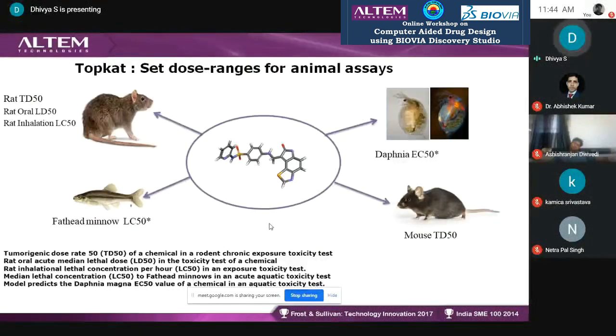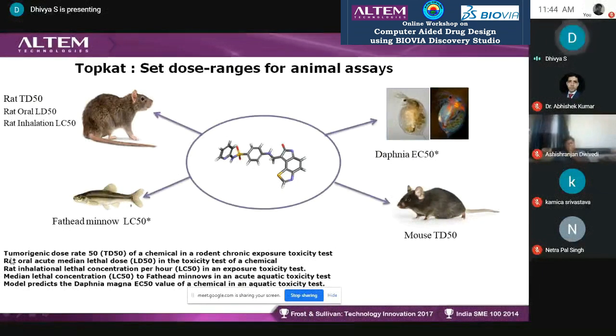And then once you're done with that, if you want to set dosage for animal ranges, we have all these models in Discovery Studio. You have the rat TD50 value, LD50 value, and rat inhalation LC50 values, and then fathead minnow LC50 values, Daphnia EC50 values, and mouse TD50 values.